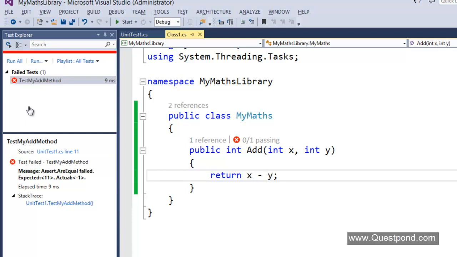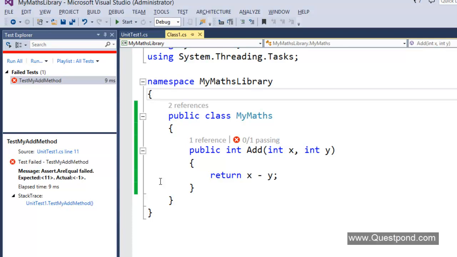Now let's talk about unit testing of an ASP.NET MVC application. And trust me, unit testing of MVC is going to be easier than your expectation. In order to understand unit testing in ASP.NET MVC, let's first talk about the layers of ASP.NET MVC. We have the model, which is nothing but our business layer, and again at the end of the day, the business layer is nothing but a collection of simple classes, a simple class library, and we already know how to test a simple class library. So the model is already testable.